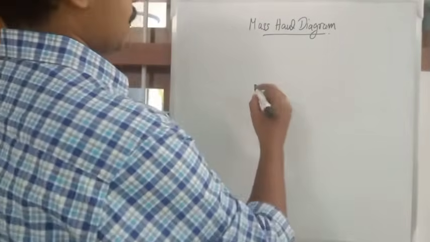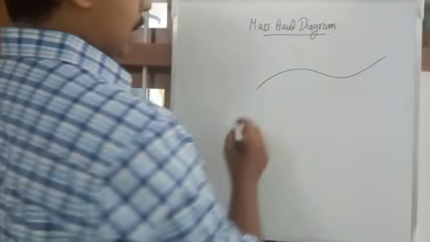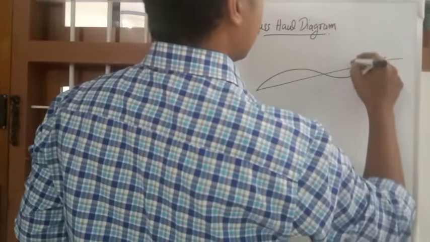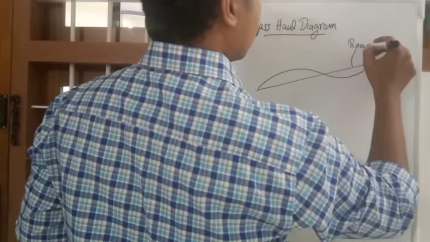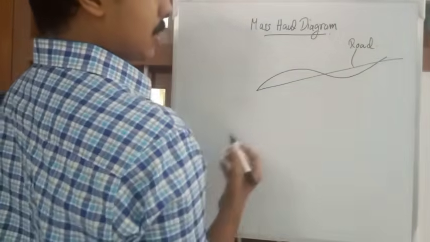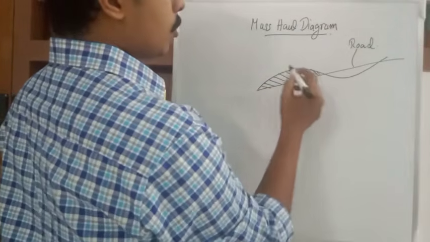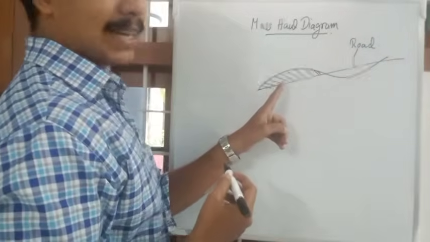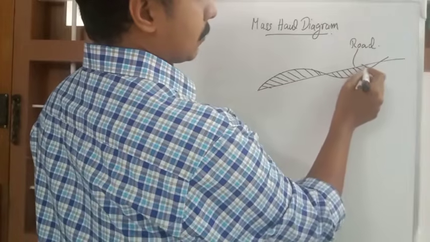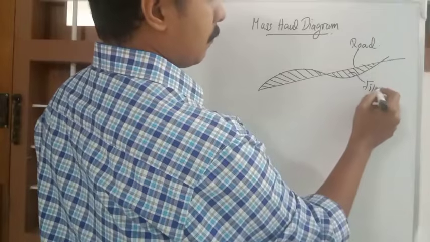For example, suppose this is the profile of a soil, and suppose this is the straight line where you want to construct a road. So this is a hill, there is a depression, etc. This portion of land you want to cut out, that is called cutting, and some part of it will be filled in here so that it supports the road. So this part is called filling,